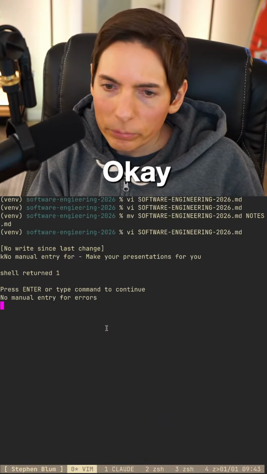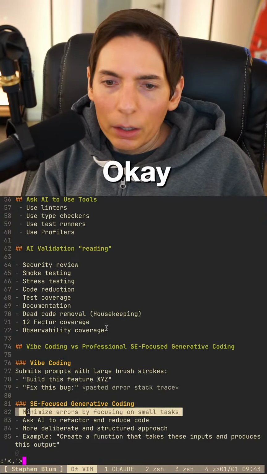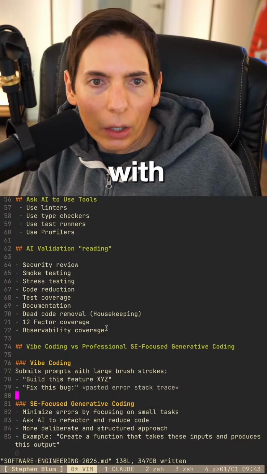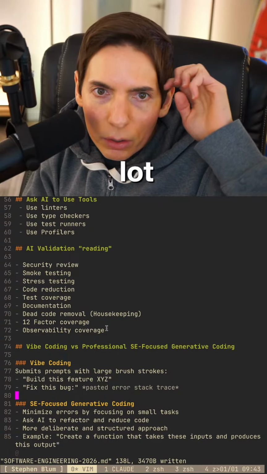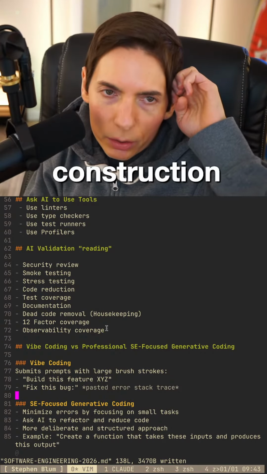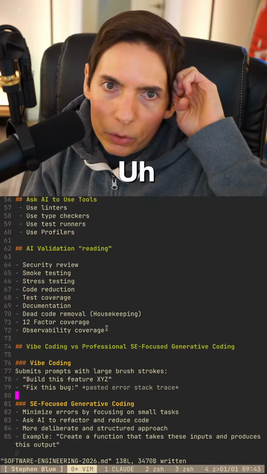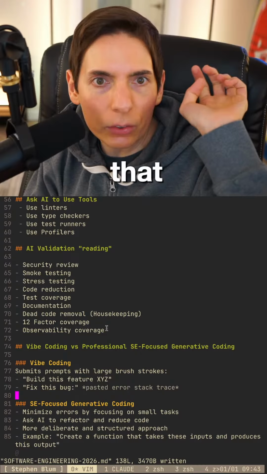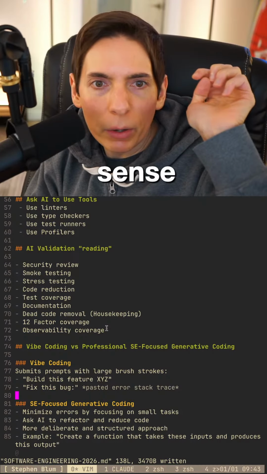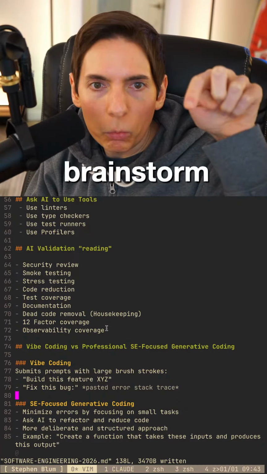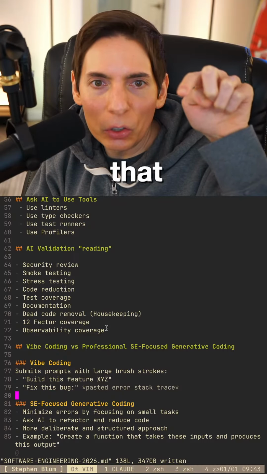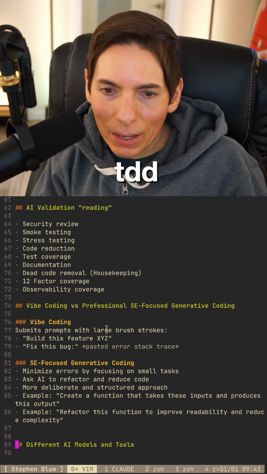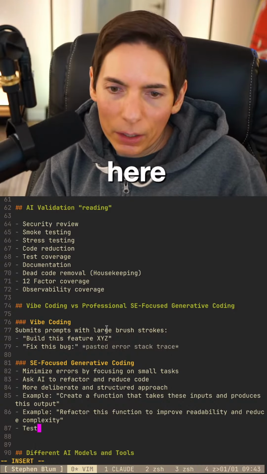Okay. All right, there we go. I'm going to try to keep up with all your chat messages here. It's a lot of correct by construction logic. From a confidence perspective, yes, because of human plus AI, that makes a lot of sense. By the way, the superpower brainstorm will also make sure that Claude uses test-driven development. Ah, yes, TDD. I like that. Let's add that in here.